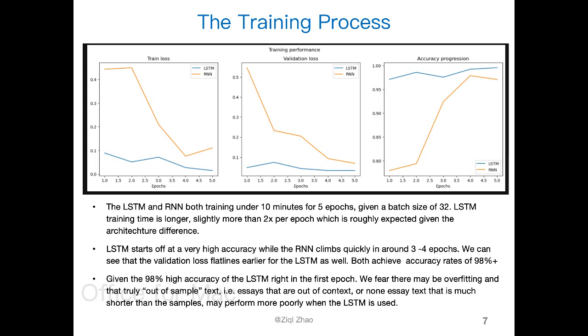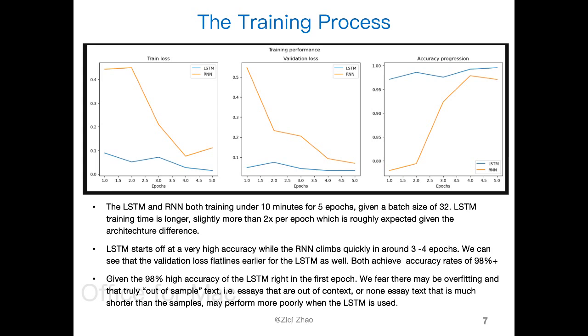The LSTM training time is somewhat longer, slightly more than 2x per epoch compared to the RNN, so it would be something like 30 something versus 80 something seconds, which is roughly expected given how we understand the architectures. The LSTM is somewhat more complicated. So the LSTM starts off at a very high accuracy rate, while the RNN does have to climb in